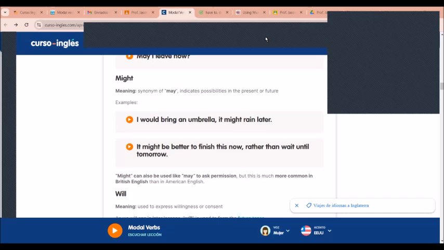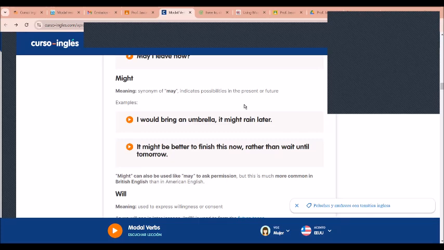All right. Now, some words are much more common in American English than in British English, but it's still good to practice them. For example, may and might, we definitely use them a lot, but it is much more common to use might when asking for permission in British English, like, might I have a cup of coffee, please? That would be something a Brit would say more than an American.